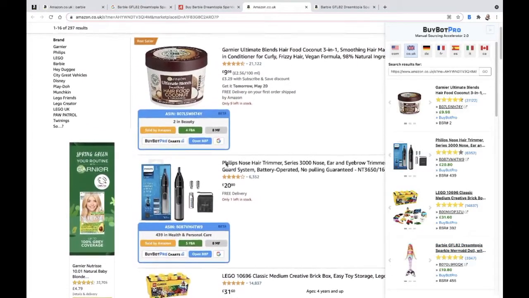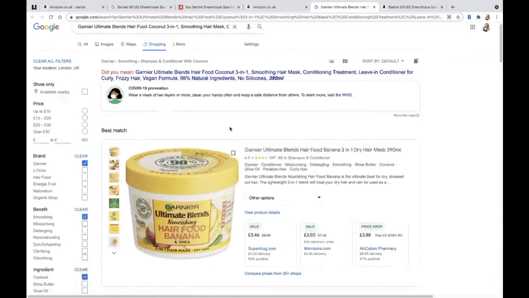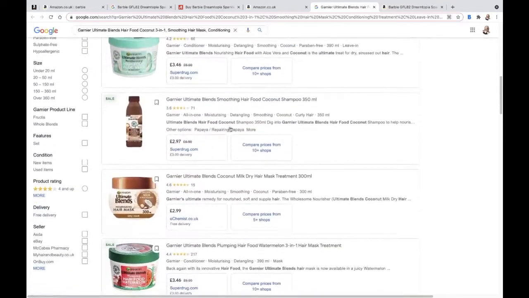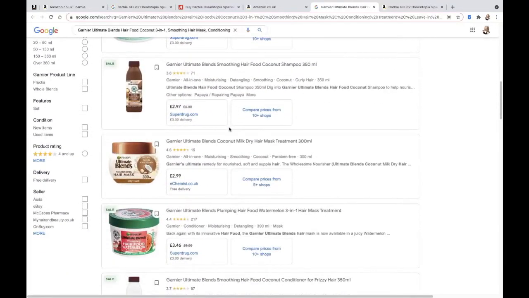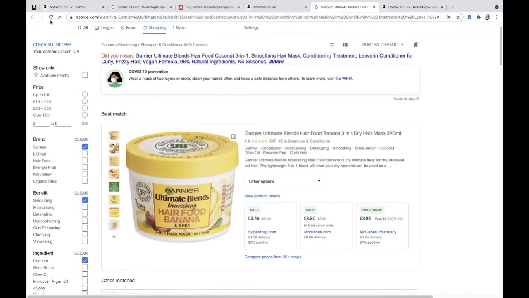And then you can say, okay, I think this one might be good. Let's just take the top one, for instance. It's selling at $9.98, so we can have a look at Google Shopping and see what we can do. I don't think there's going to be very much more there. $2.99 possibly, I don't know if that's the same product. You'd need to obviously do your research and see if it's the same product.